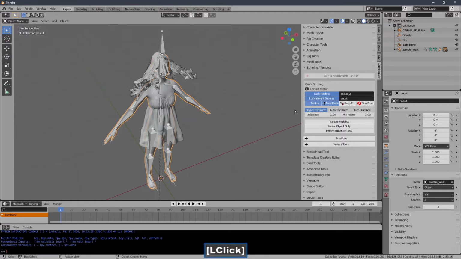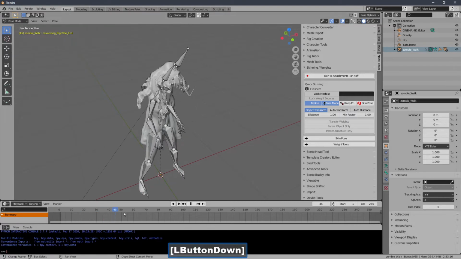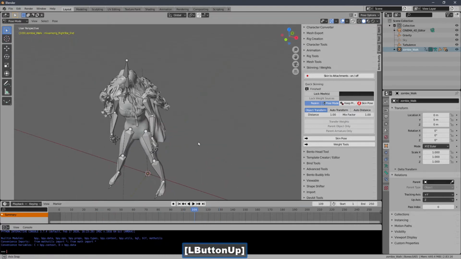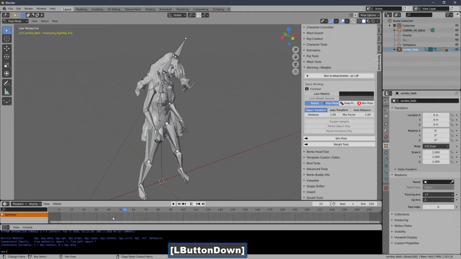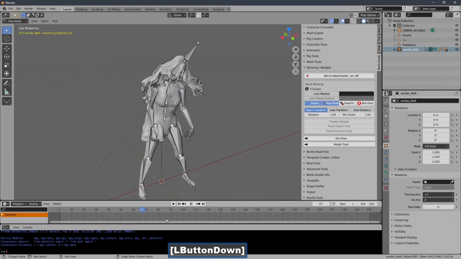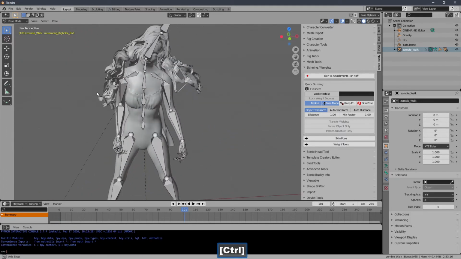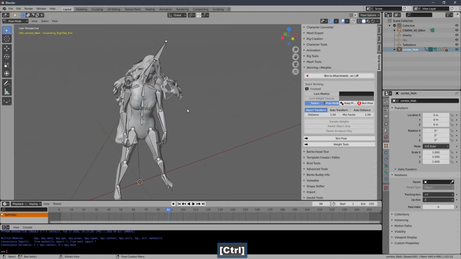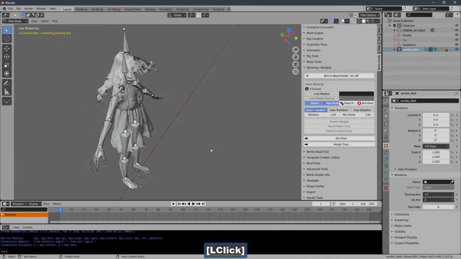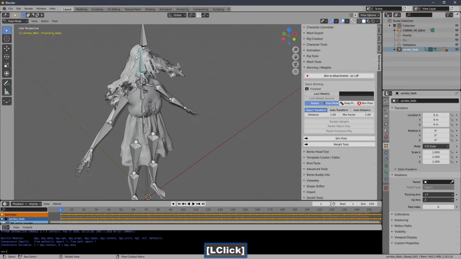I'll lock the weight source and transfer the weights. Let's see what happens to the hair. It moves. It's a little funky. I don't really like it. I liked it better when it was just floating around static. See the little pieces there don't look right. So I'm just going to remove the weights from that and statically weight it to this bone here, which is